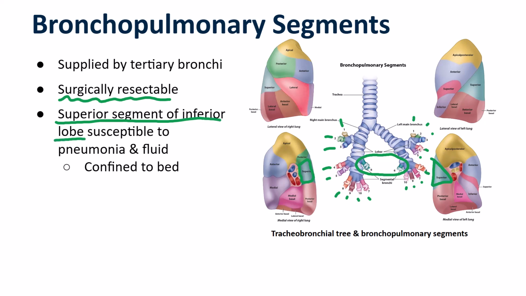And that is because, owing to the unique physical orientation of these tertiary bronchi, the superior segment of the inferior lobe are very susceptible to pneumonia infections, so fluid accumulations there, and individuals who are confined to their bed for